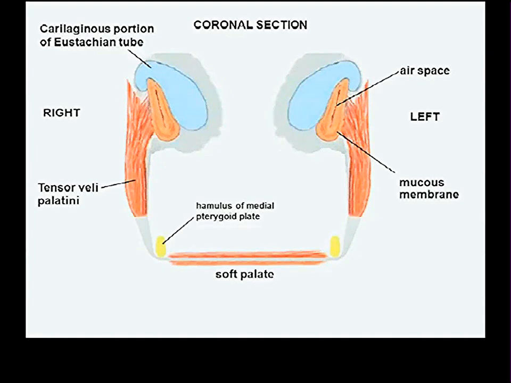Now, this is meant to be a coronal section through your skull with everything removed except the cartilaginous portions of your eustachian tube and the mucous membrane lining of your eustachian tube. These cartilaginous portions of the eustachian tube are sort of an inverted J-shaped structure, and this thick stuff here is meant to be the mucous membrane which surrounds the actual air space of the eustachian tube.